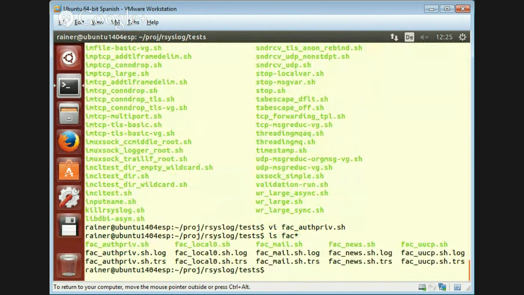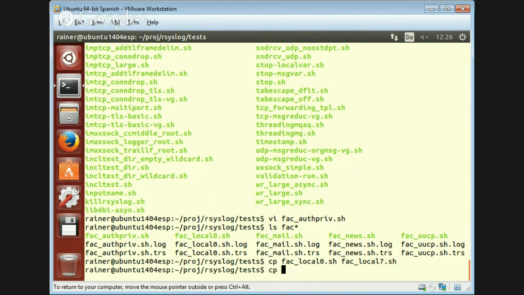Which facilities do we have? Local 0. We don't have local 7. So, for example, let's create a new test for facility local 7. What I do is copy the old one. That would probably be a good idea, to facility local 7. And I need to